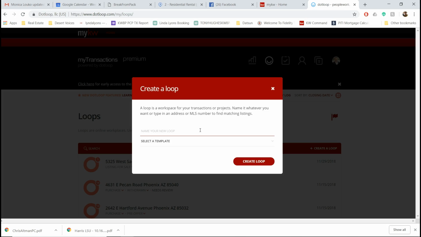Whether you follow that rule or not is not really a broker requirement, just a good practice. So if it's a buyer Loop that does not have a property, put in the name. If it has anything to do with a property, make sure the name of the Loop is the property address. So I'm going to put a property address in here, and I'm going to use a real address just so that you can see